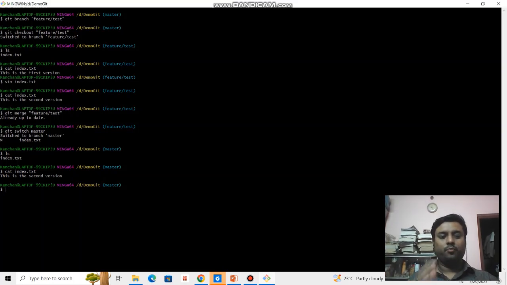So now we are going to push this new version of the file into our remote repository. So for that it is git push origin and then master. Sorry, before that we have to do git add, then git commit, and then git push. So git add means whatever changes we have made, we have to add it in the staging directory. Then we have to do git commit. Git commit means adding the file into the local repository, and from there we'll do git push and then push the file into the remote repository. So git add dot,